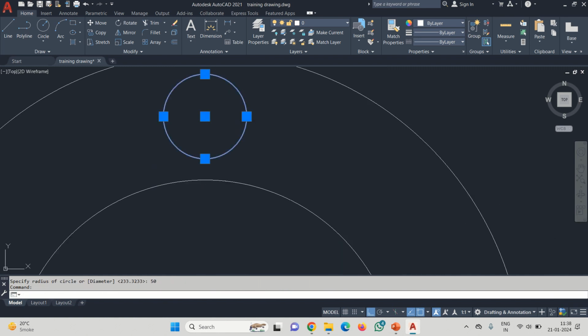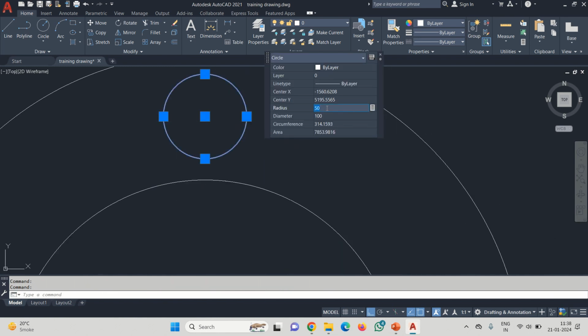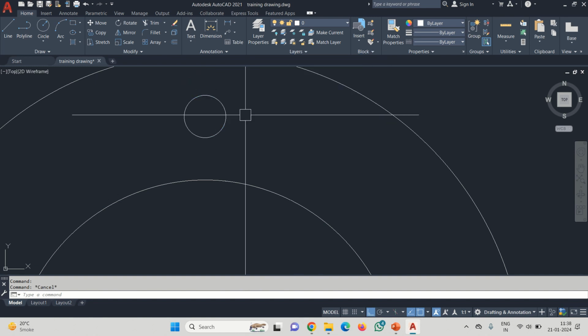So now I have another circle. So if I want to change the radius, it is bigger, so I put it 25. Okay, double click, open. You can have a dialog box, and then you can change the diameter of the circle